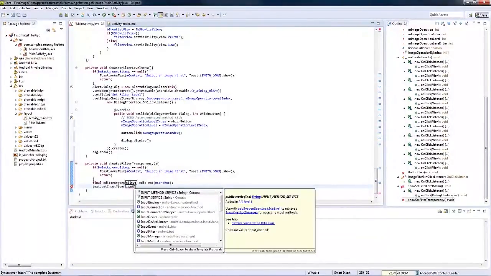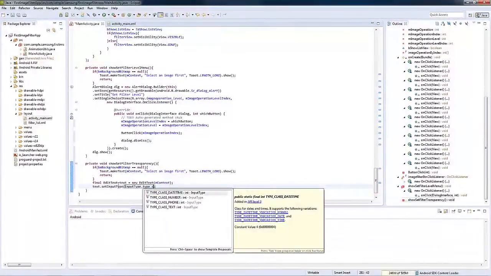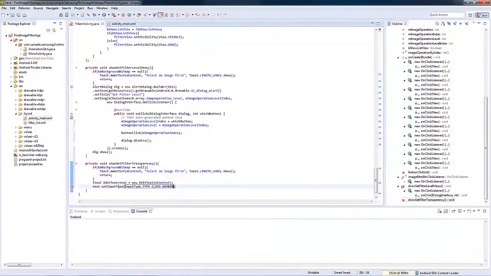Limiting the input values to numbers and setting the initial value of transparency.